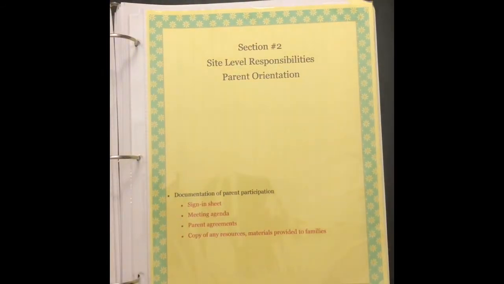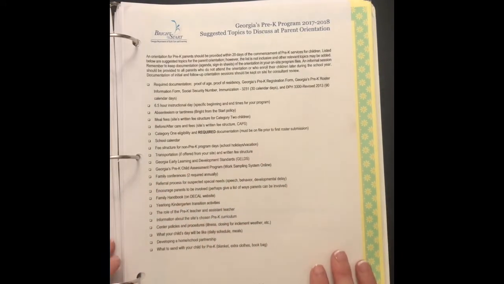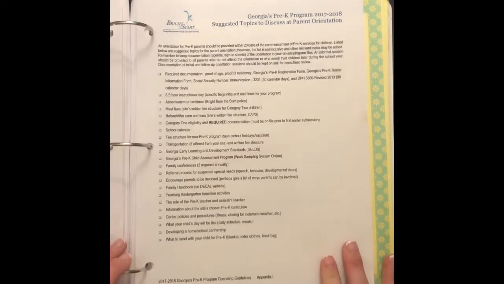Next, we have Section 2, and these are responsibilities of the site directors that will be specific to each location, each individual school. The first thing that site directors are responsible for is making sure that parents receive an orientation at the beginning of the school year. You will want to document parent participation in parent orientation. You can document by having a sign-in sheet